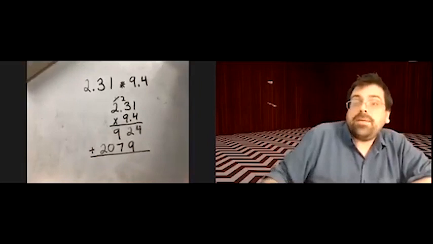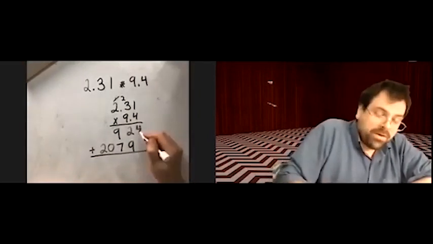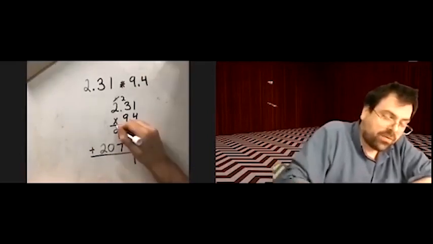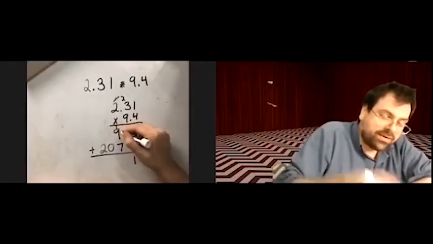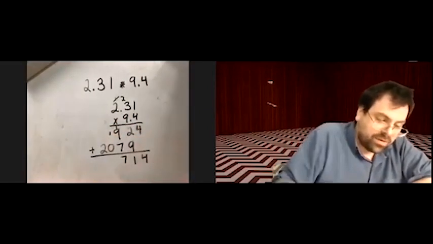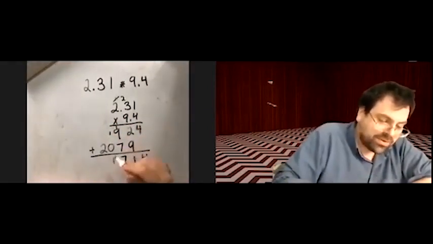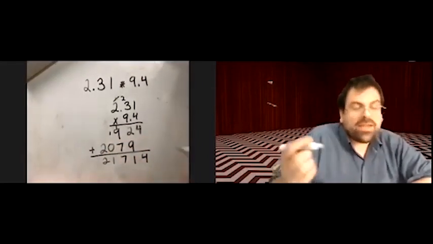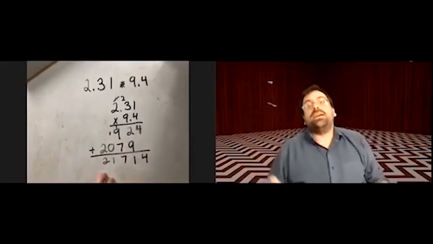And then we add. 4 plus nothing is 4. 2 plus 9 is 11. Carry the 1. 10 plus 7 is 17. Carry the 1. 1 plus 0 is 1. 2. Now the answer is clearly not going to be